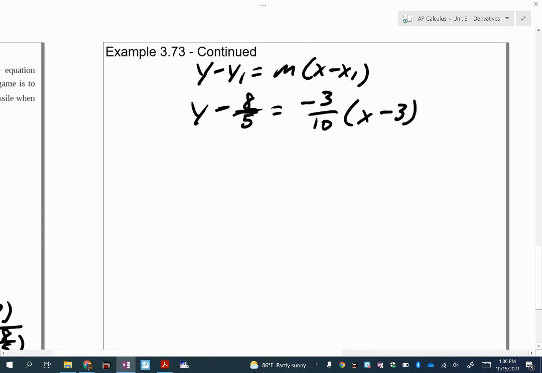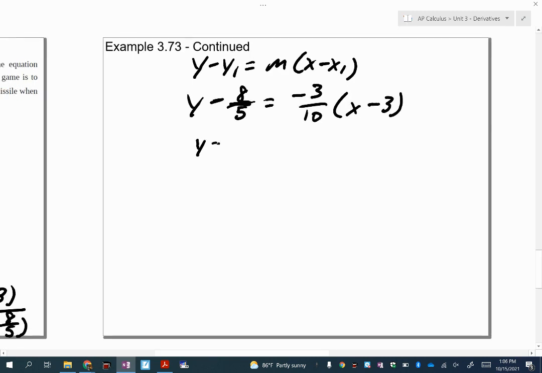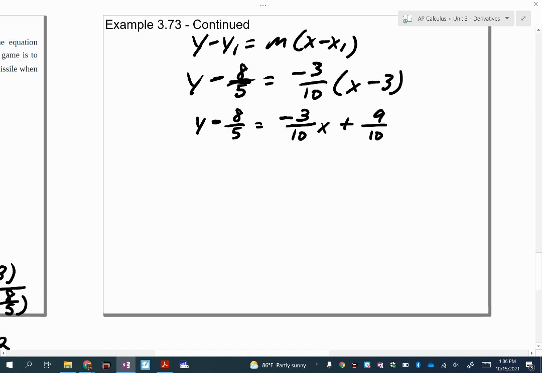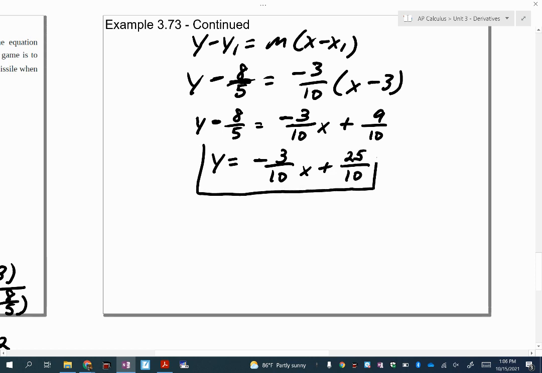I'm going to zoom in there. y minus 8/5 equals negative 3/10 x plus 9/10. Move the 8/5 over with addition and change the common denominator to be 10. So that's going to be 16/10. 9 plus 16 is 25, so that's plus 25/10. So this is my line that is tangent to this ellipse at the point